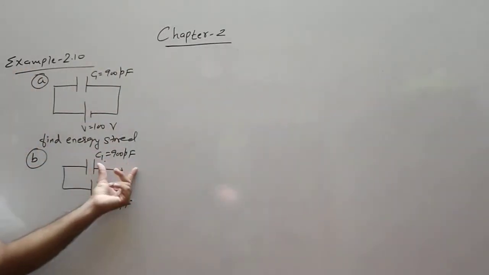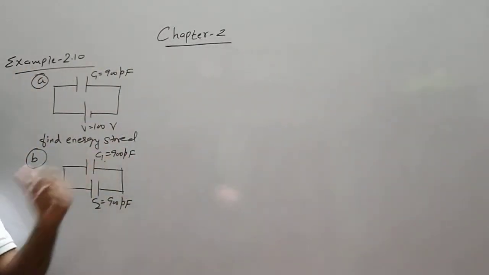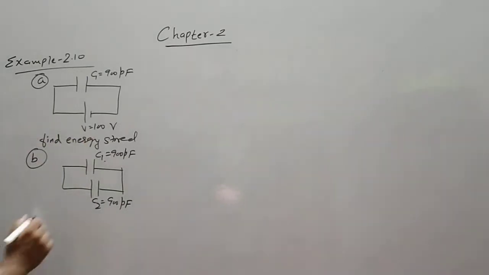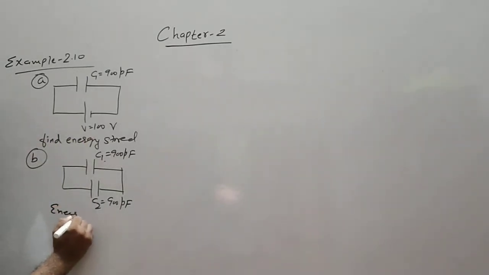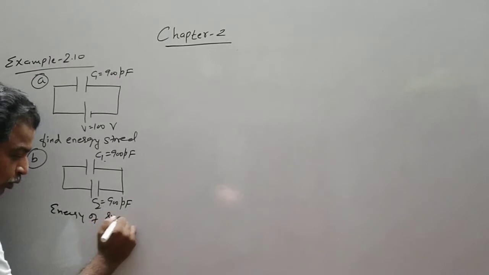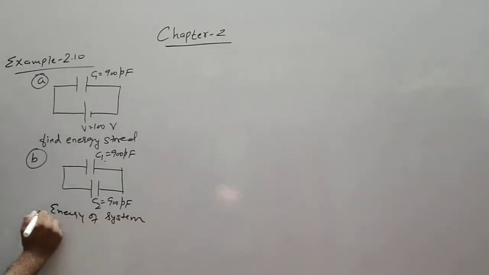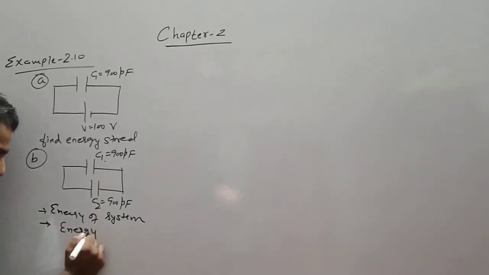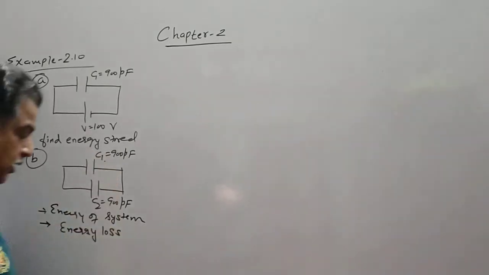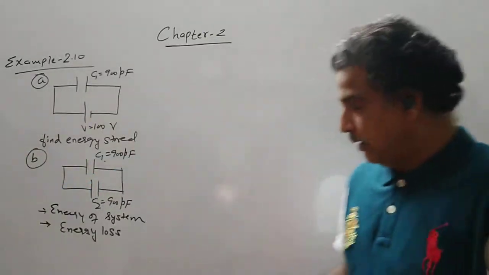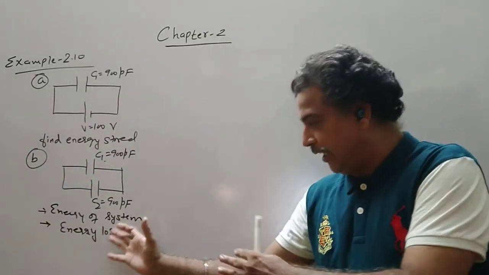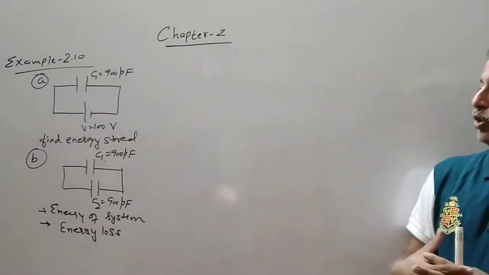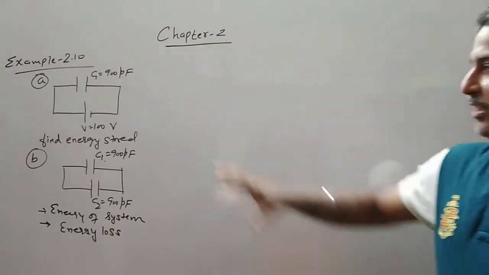An identical capacitor is connected with C1, and again you have to find out the energy of the system. Energy of the system means the total energy of both capacitors as well. We will see there is a loss of energy, so you have to find the energy loss. You can refer to the question. Even if it is not asked, we will still find the energy loss. Now the first part